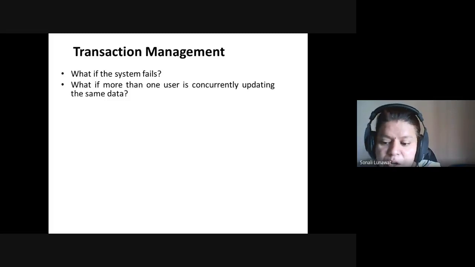So for this transaction, what needs to be done is that the money is reverted back. You will also find sometimes your transaction fails and the next day you get a message that your money has been reverted back to your own account in spite of completing that transaction. So who is going to do this? This is nothing but transaction management.